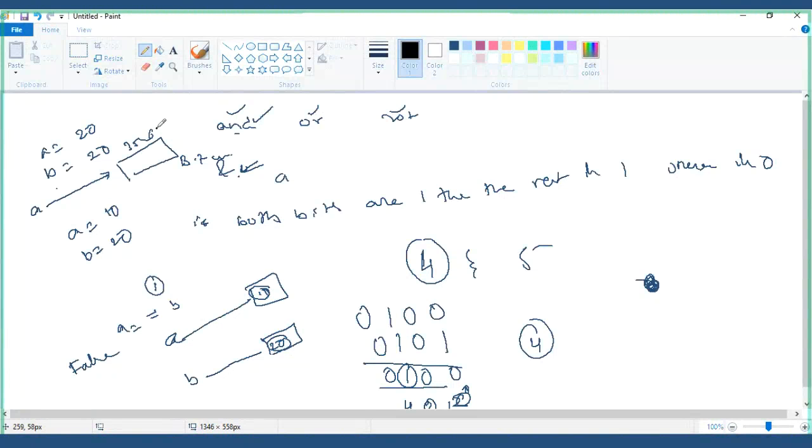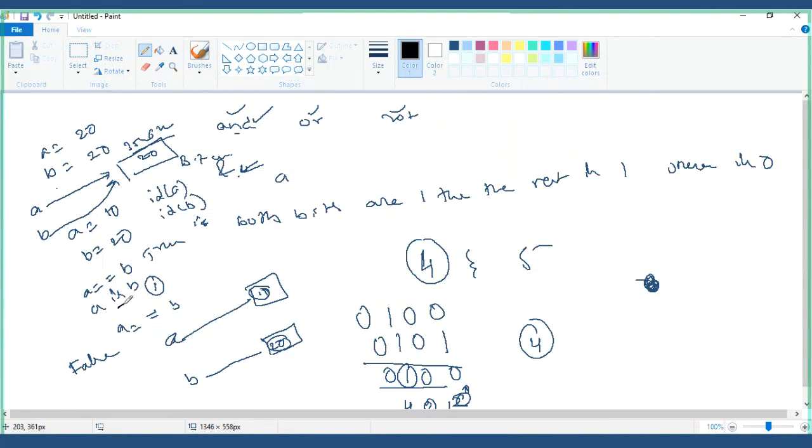3, 5, 4, 6, 7, 2 and it stored 20. B is referring to the same object usually because it is less than 256. So it will be referring to the same object. If you say ID of A and ID of B, you will get the same memory value. Correct, right? So that time you will get A is equal to B true, as well as A is B. A is B means both are same, both are identical.